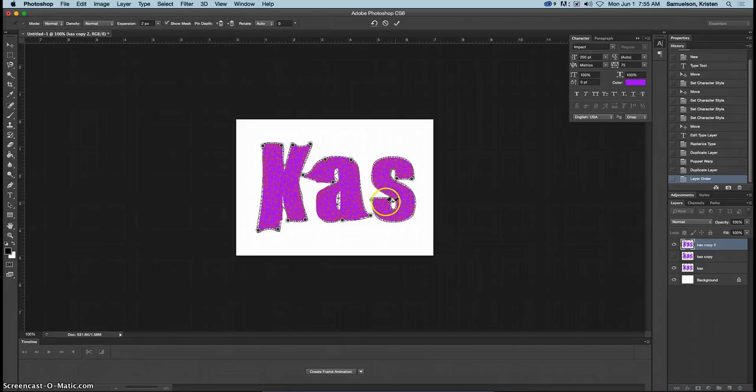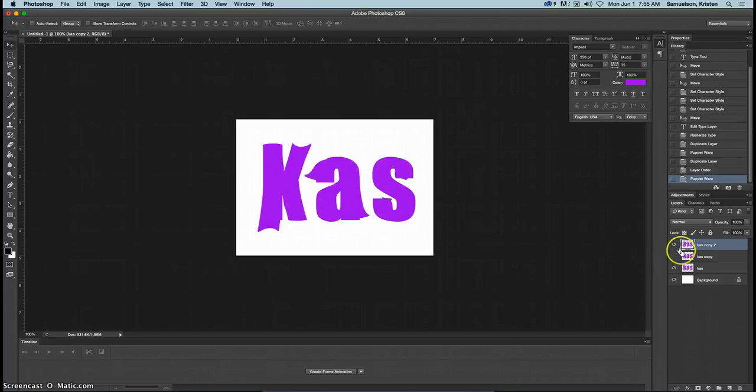Whoops, that moved it a little too much. Let me try this one first, and then I'll bring that one in. Okay, and then when I apply it, if I hide it underneath, you can see the difference. Now you can continue on and make numerous layers, or you can use the ones you have and have it